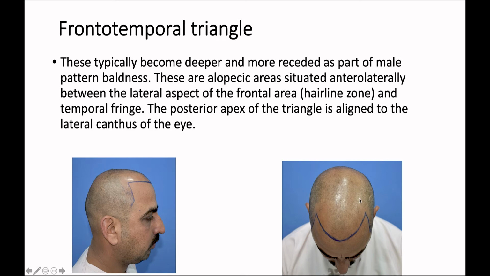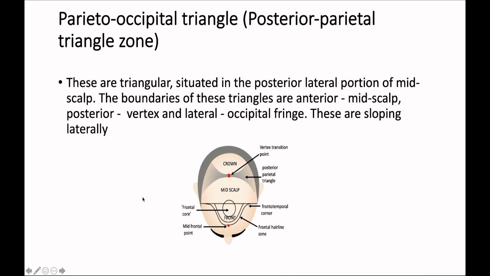It has great importance when we are going to design the anterior hairline and when we are going to locate or position the new frontotemporal point. Now this is a frontotemporal triangle, meaning the anterior border of the temporal fringe or temporal triangle and the anterior hairline both make this. This is the anterior line and this is the temporal fringe, that's what I said.